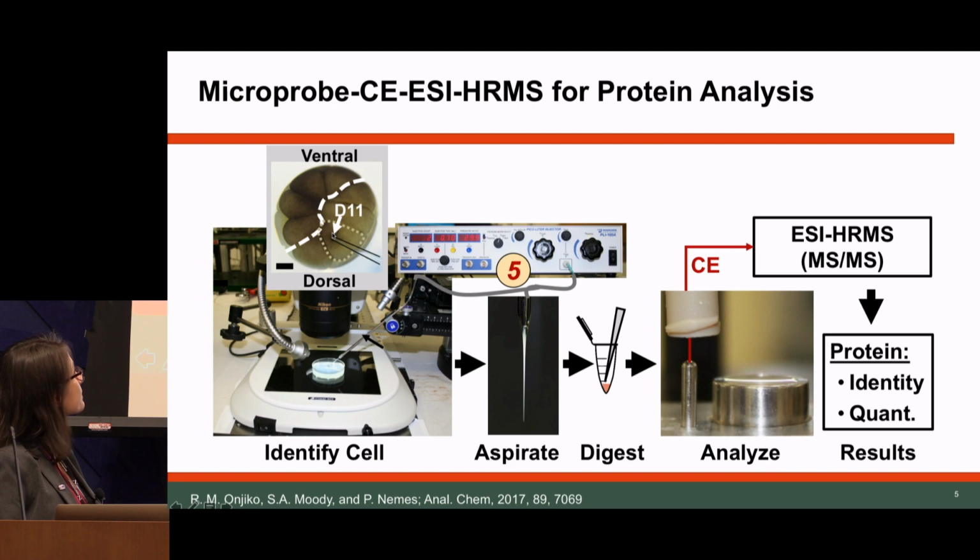the brain. And so we sample a small amount of the cell, we release it in, again, about 5 microliters of digestion solution that we have carefully revised in order to improve the protein identification, the protein digestion, and the protein recovery. And then the method we use to analyze those digests is capillary electrophoresis coupled to high-resolution mass